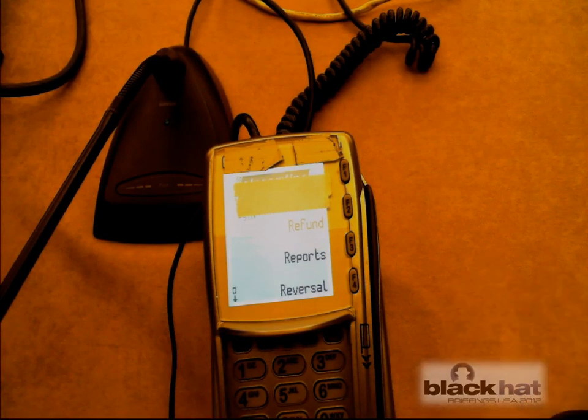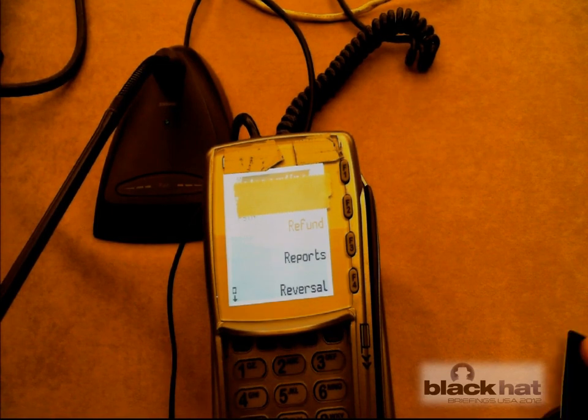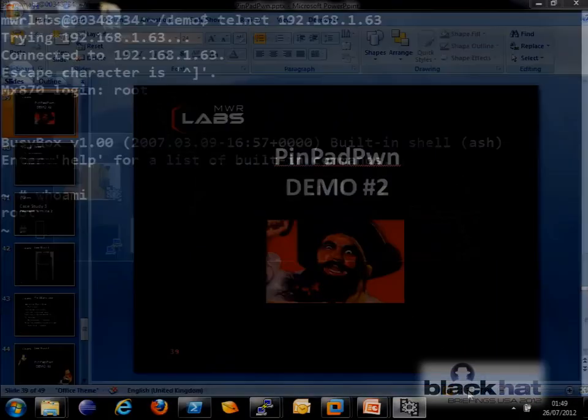More interestingly for the criminal is not that they were able to acquire goods for £10 without paying for it. More interestingly is that all the credit card numbers and PIN numbers that have been used throughout the day on this terminal have been logged to the Winnie the Pooh card. So what we do next is the criminal will go to their laptop